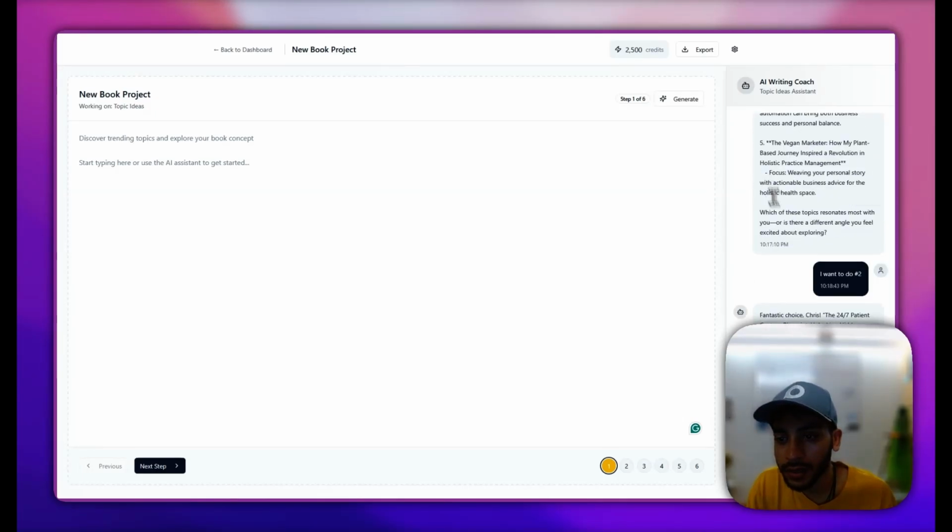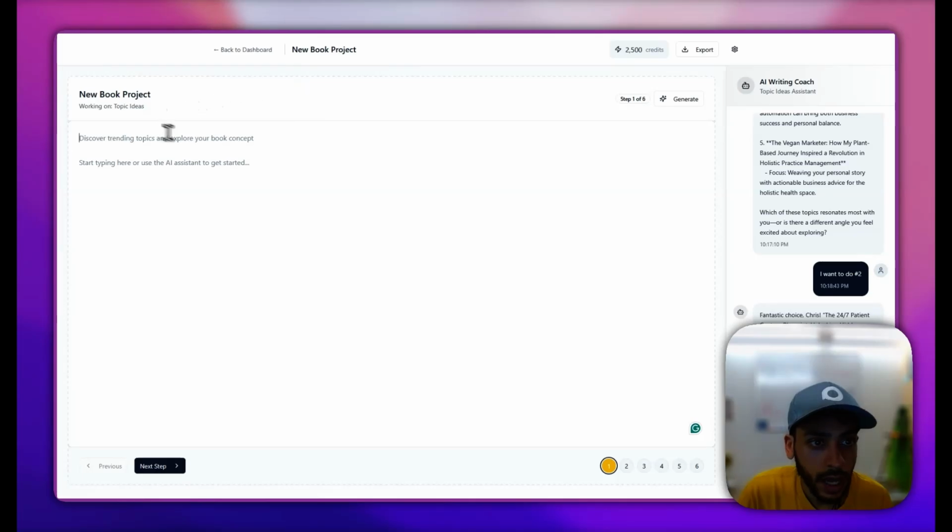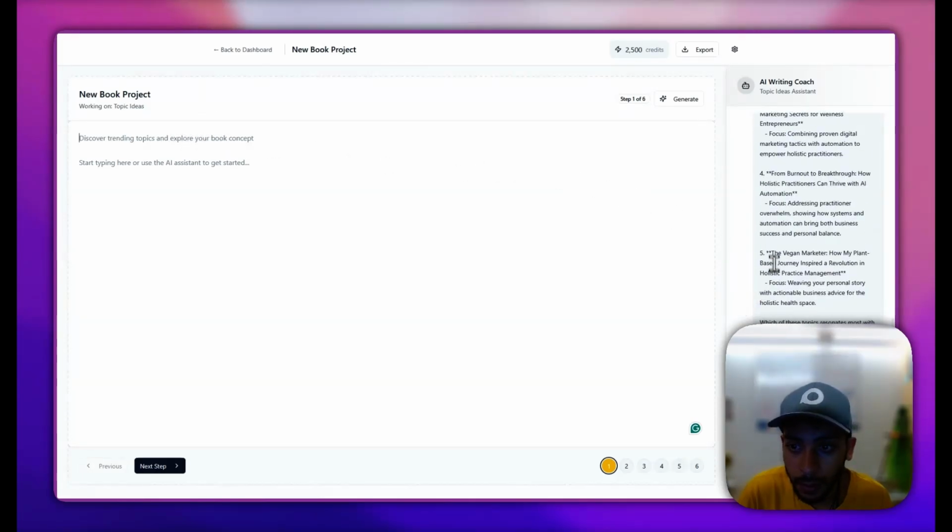And it says, fantastic, Chris, the 24/7 patient capture blueprint, unlocking hidden revenue in holistic practices, is a powerful and actionable concept that aligns perfectly with your expertise and what you do at Product Champ. To make sure your book really hits the mark, let's go a little deeper. Who do you imagine as your ideal reader? Are they newer holistic practitioners, established ones looking to scale, or another specific group? Over here, it's just continuing to interview me, and essentially we can start pasting this in here, but ideally